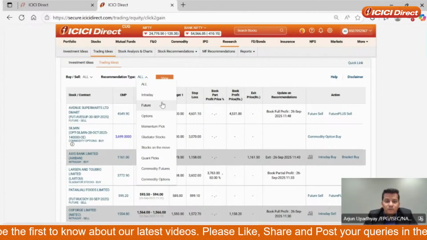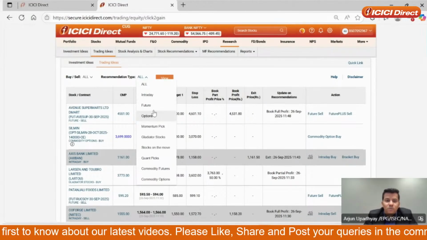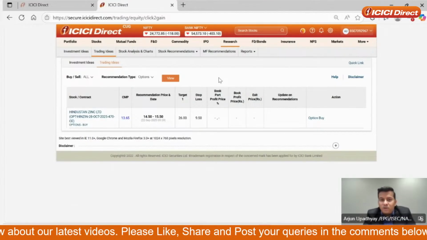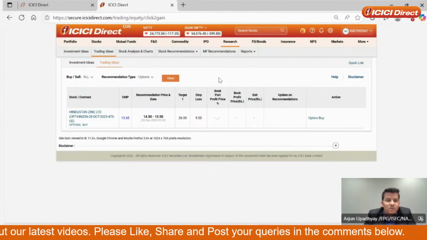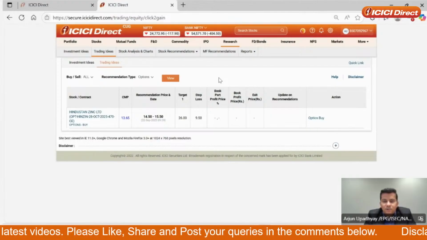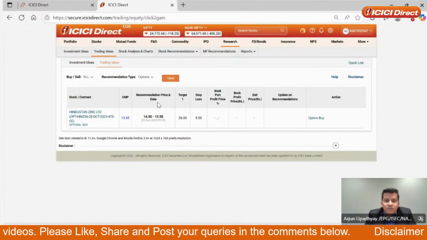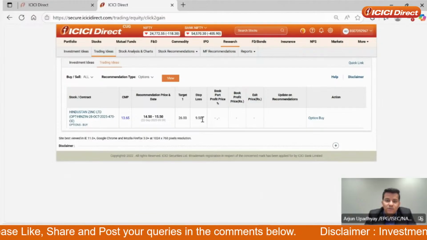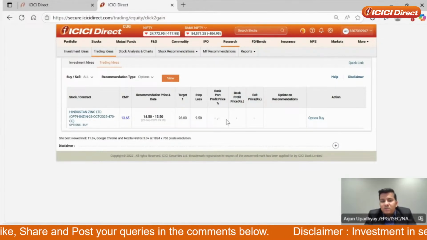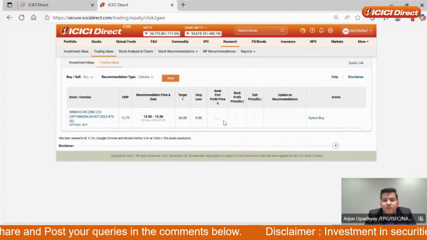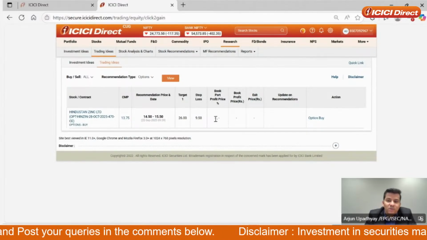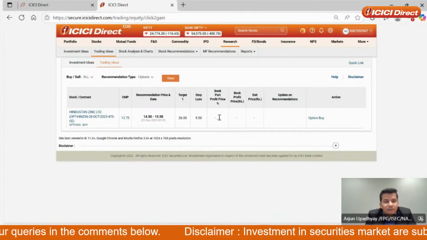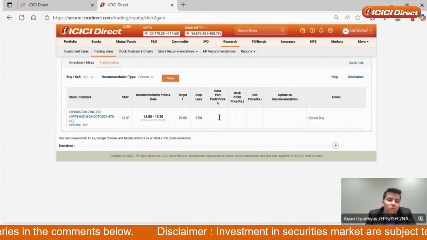And then there is a filter of futures and options. For now, say for example, I choose options. There is a live call out there in the market, on a particular contract. Look at this: there's a recommendation price, the current market price, a target that the research team gives, and a stop loss defined. Most of the time, when the market moves, you will see interim calls also, where you can book your profits partly, 50%, or exit the call totally. All of that will continue to come here.